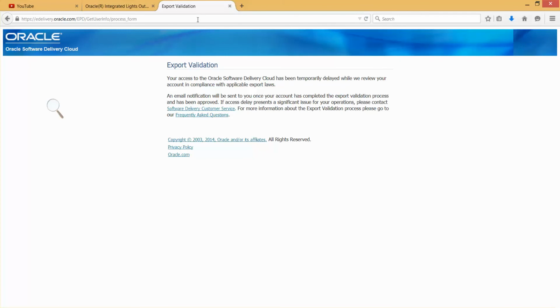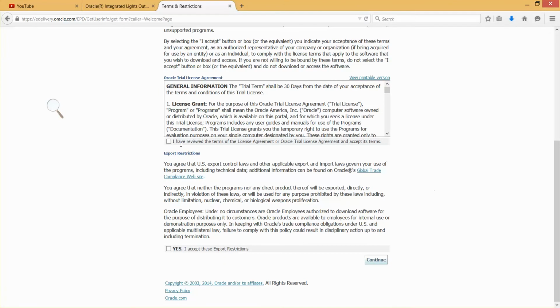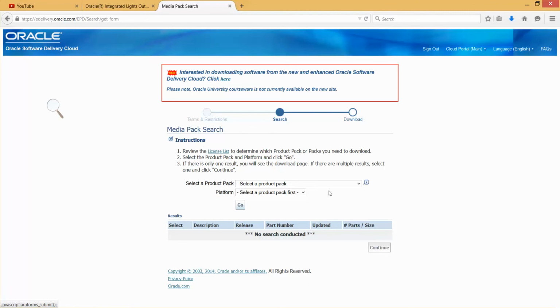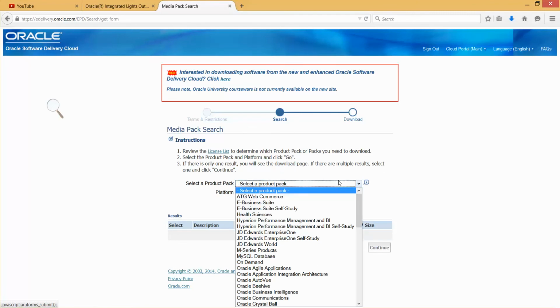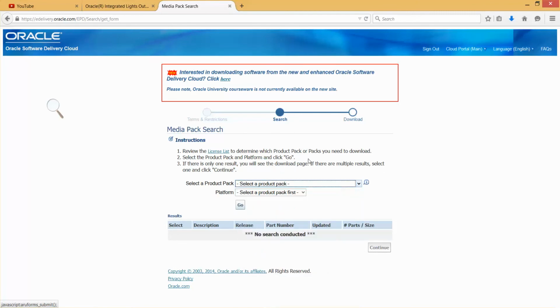I have to change the user, so I'm accepting the agreements again and hitting continue.